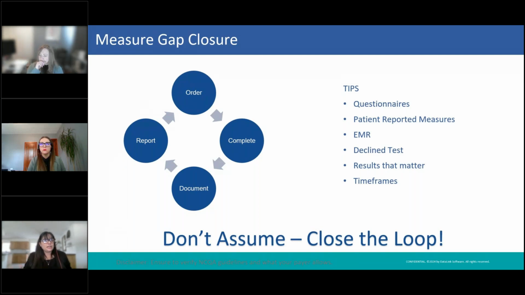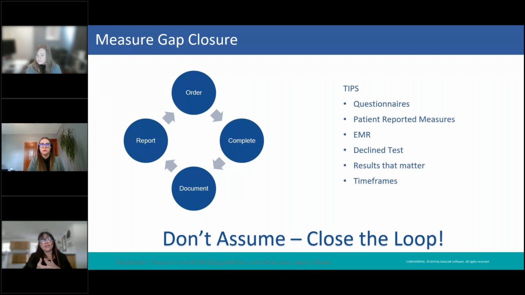Also, if a member declined having a test, make sure that you have a way to think about those advanced illness and frailty exclusions. As I'm reading a chart, the moment it says patient declined having a colonoscopy, my brain goes, okay, wait a minute, are they 66 and older? If they are, could they possibly qualify for the advanced illness and frailty? Do they have some of those common conditions, your CHF, emphysema? Do they have any frailties, I should say, such as weaknesses or abnormality of gait?